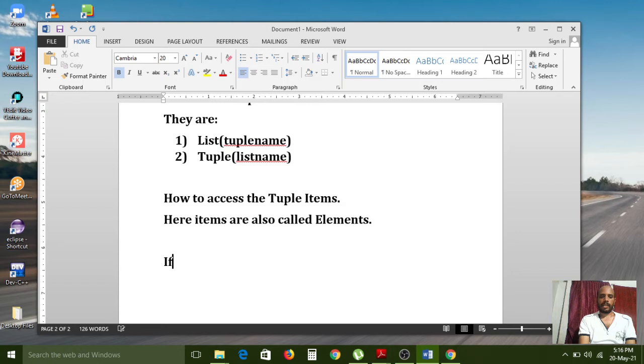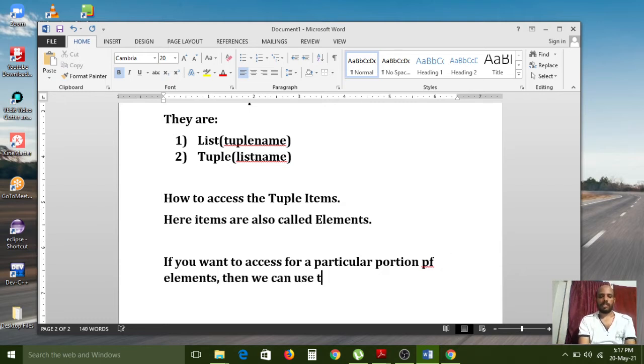So if you want to access a particular portion of elements, then we can use the slice operator.